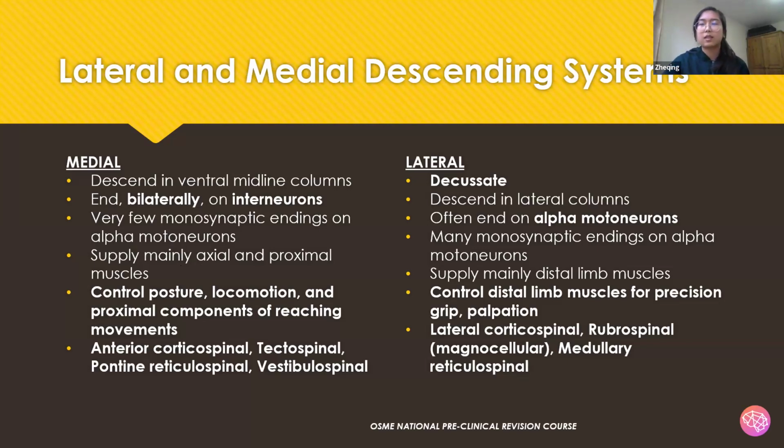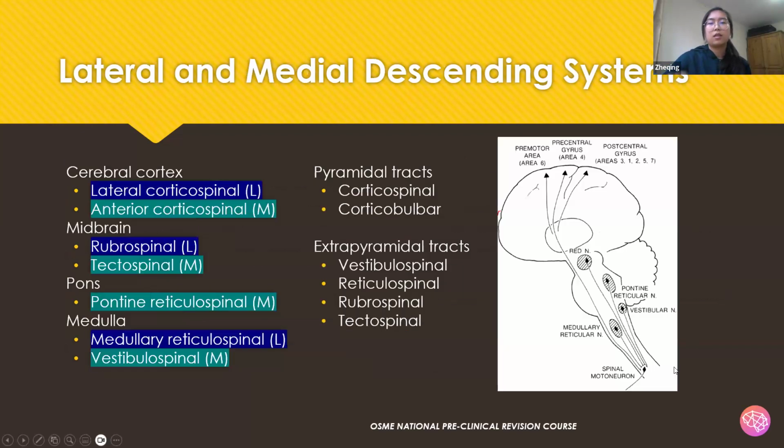And the lateral ones decussate, so they innervate the contralateral muscles, and they descend in the lateral columns. They often end on alpha motor neurons, and they control distal limb muscles, for example the fingers and hand muscles, and therefore they allow for precision, grip and palpation. And here I've listed